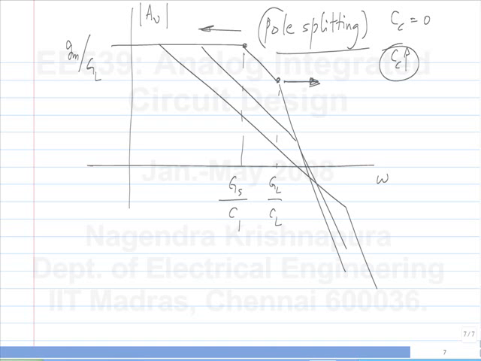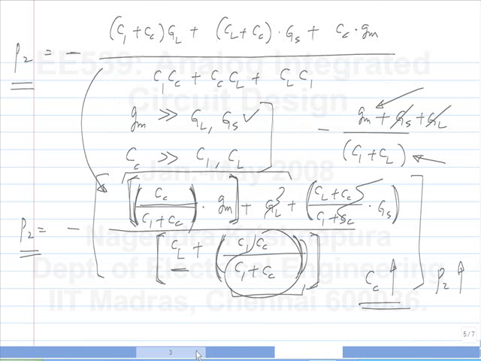Shall we move on to the next one? Yeah, the zero was there, that's correct. So the zero will move to lower frequencies if CC increases. Right? See, the zero is a result of